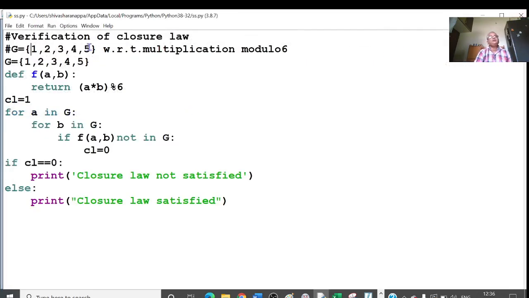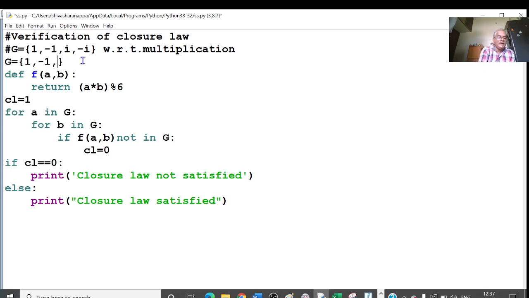Now I will consider one more example. Say 1, minus 1, i and minus i, with respect to multiplication. So here my G is 1, minus 1, i.